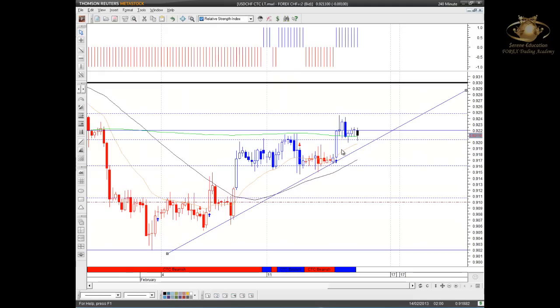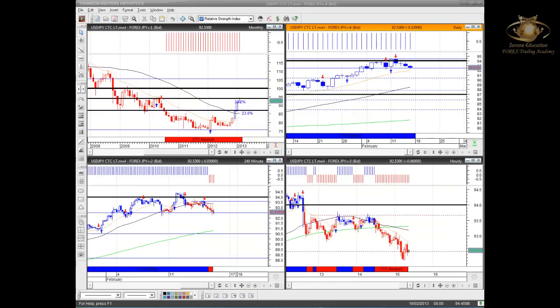So as long as it maintains above 920, look to capitalize very sharply or very aggressively to the upside towards the 925, and ultimately back towards those. There was the major support and resistance level in the shape of the 930 mark.